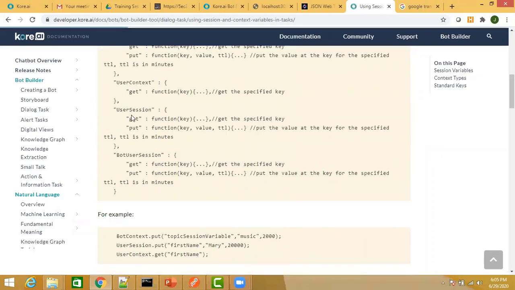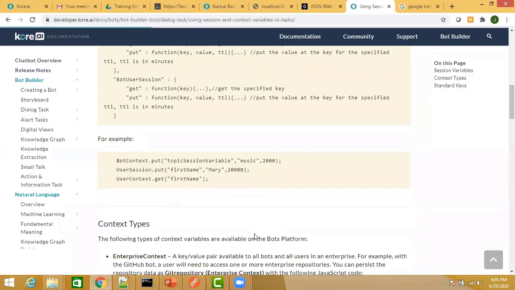But whatever is stored in the user session and the bot user session context gets refreshed automatically after 30 minutes. So if you want to persist that data for a longer time, you need to specify your duration in minutes over here. And if you want to fetch some information from these contexts, use the name of the context dot get, followed by the name of the variable whose data you want to fetch.